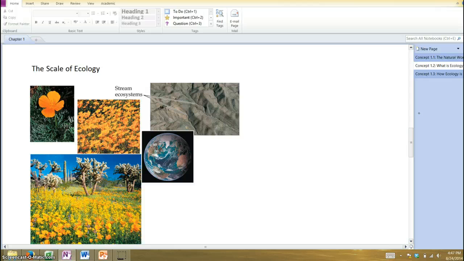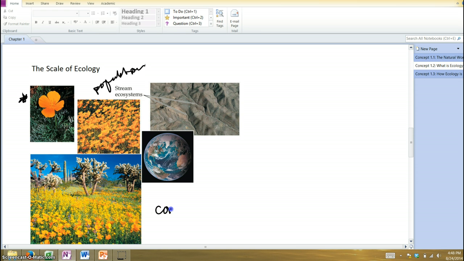And as we said just above, scale is important when we study ecology. And we can look at different scales, different size pieces of the landscape, if you will. So you could focus on a single organism if you want. Now, of course, you're not going to really be able to answer many questions looking at a single organism, but you can study that organism's ecology. You're able to have more power and answer more questions when you look at populations, because you can get an average for how a particular organism reacts to certain changes in the conditions. You can study that population over time to see if, for example, that population is increasing or decreasing.